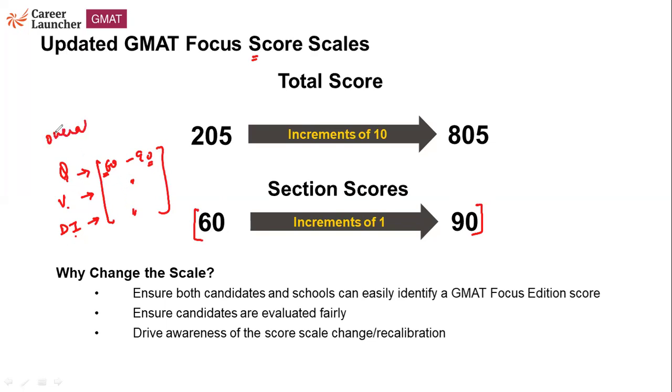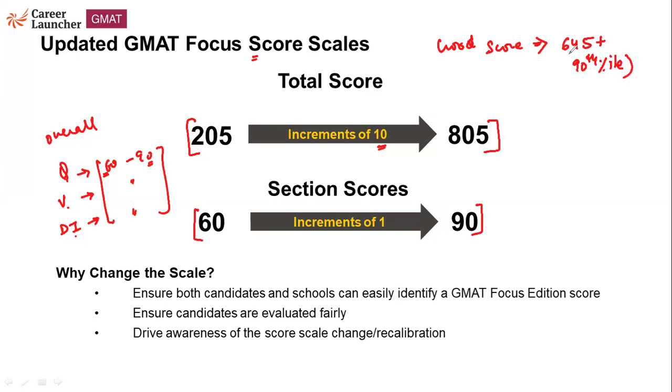Overall, it starts with a 205 and it goes up to 805 with an increment of 10 points. 205, 215, 225 and so on and so forth till 805. That is how the overall score works. A score which is considered to be good for a lot of universities is 645 plus, which is